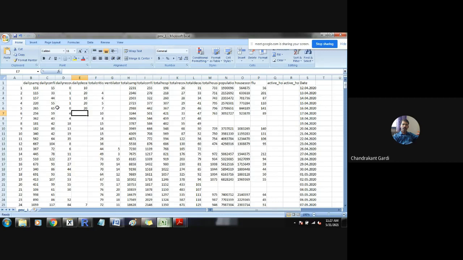Suppose this is the first observation. Whenever we are calculating distance between these observations, suppose this is x1, x2, and so on. So x1 observed on the first observation and x1 observed on the second observation, this difference will be considered and squared. That is the formula for Euclidean distance square: x1 minus x2 bracket square plus y1 minus y2 bracket square.